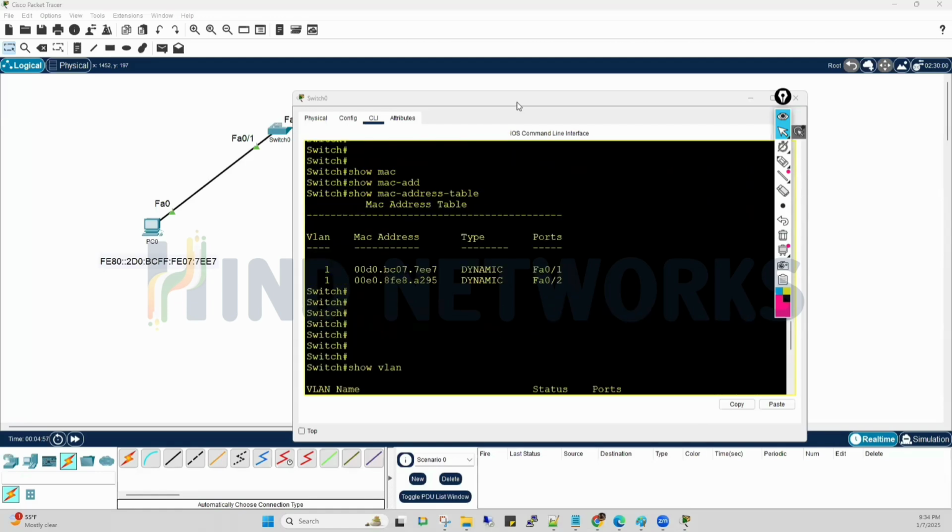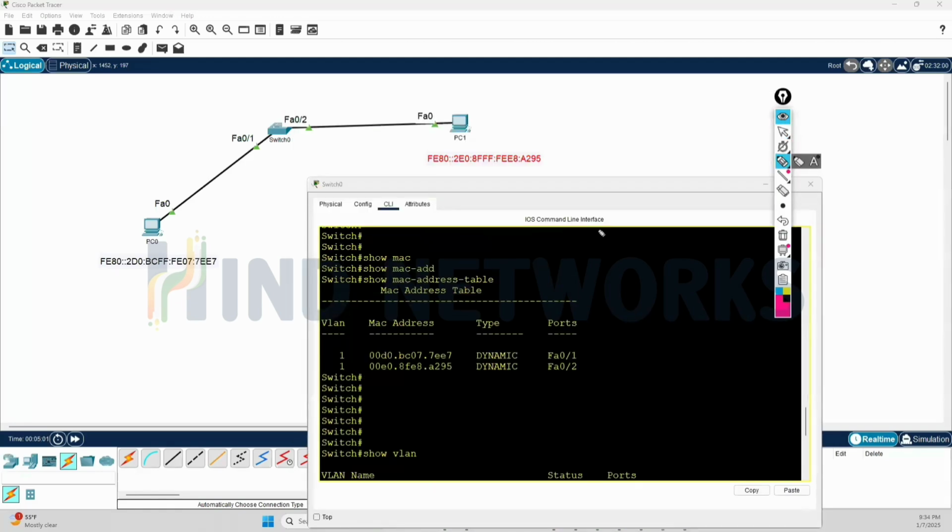Just understand, by default on the switch, VLAN number 1 is there and every port is part of VLAN number 1. Clear? So that's the reason the VLAN number here is 1. Now, the MAC address table. In the MAC address table, guys, these two are the MAC addresses. See,